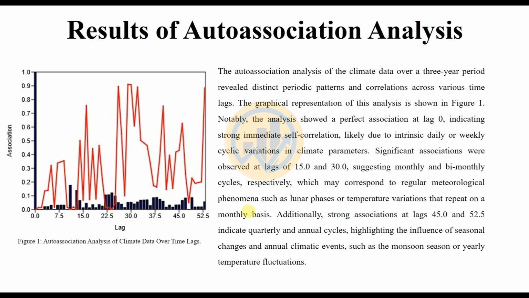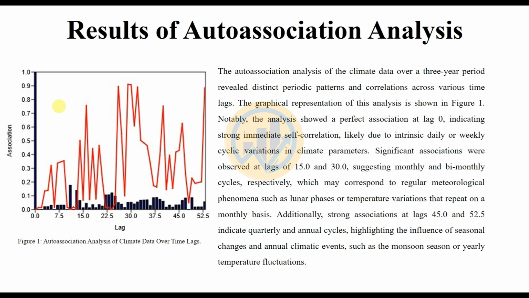The graphical representation of the analysis is shown in Figure 1. Notably, the analysis showed a perfect association at lag 0, indicating a strong immediate self-correlation, likely due to intrinsic daily or weekly cycle